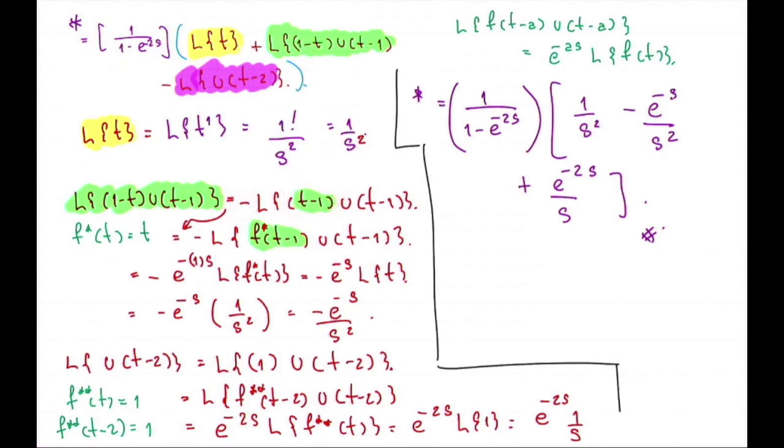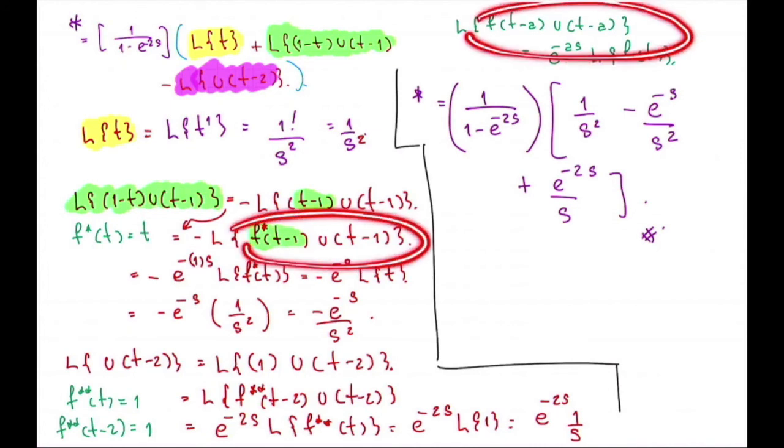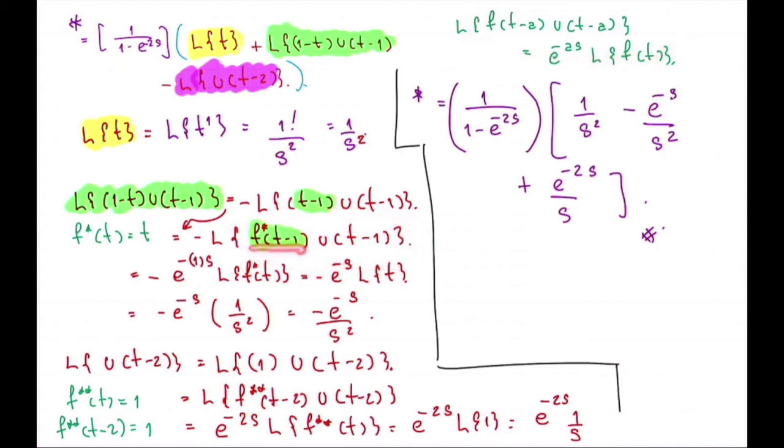Okay, and then I defined f star t to be t. So t minus 1 is actually f star t minus 1. Right now it fits this theorem. See, it's f t minus a, u t minus a. So a is actually 1. Okay, so in that case,